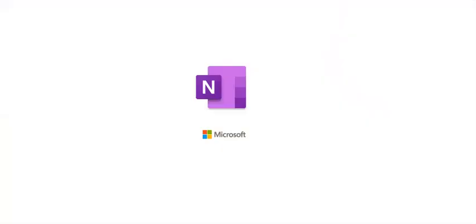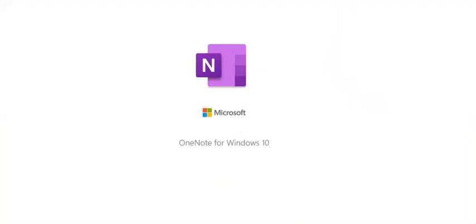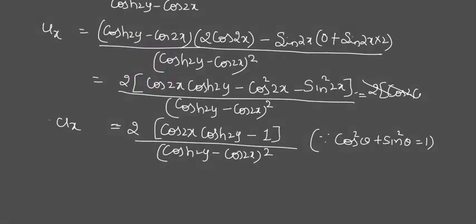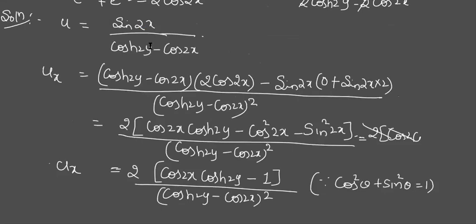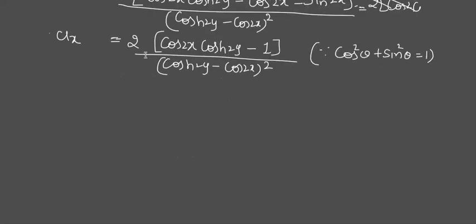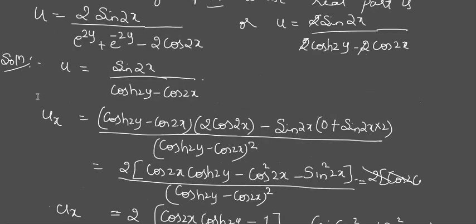Similarly, we have to find now uy. When we find uy, do we have to apply the u by v rule, or is it direct? See your numerator. Does it contain any y? No, ma'am. Then why apply the u by v rule? Okay, so we'll apply it directly. We keep the numerator, sine 2x, as it is. Your function of y is in the denominator, so it is like 1 upon f of x.